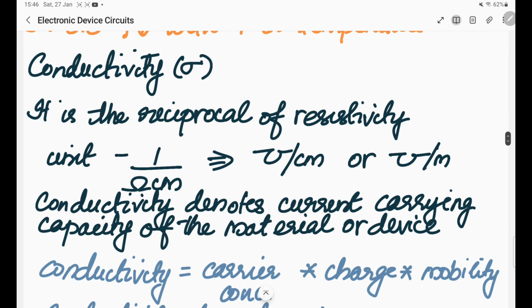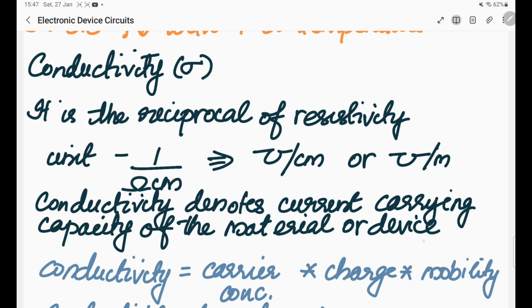Conductivity is the reciprocal of resistivity. In resistivity, it was an opposition to the flow of current, right? And conductivity denotes current carrying capacity, just the opposite of it. So if you learn resistivity, you can also understand conductivity, right? The unit of resistivity was ohm centimeter, and here it is 1 by ohm centimeter, or mho per centimeter